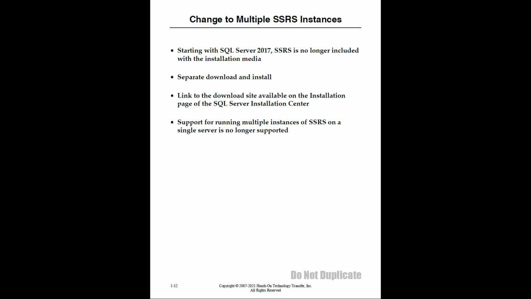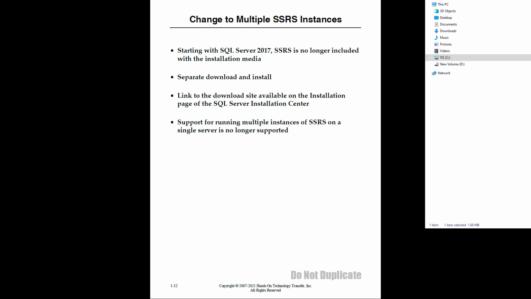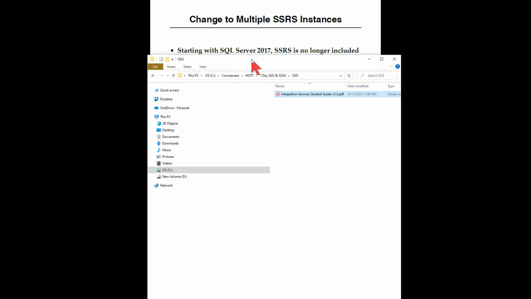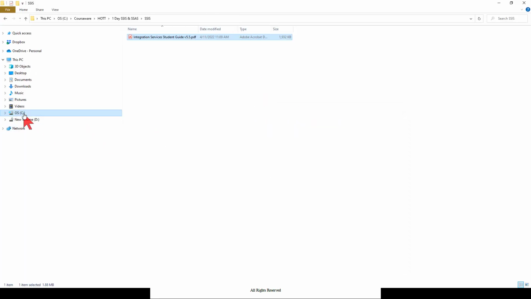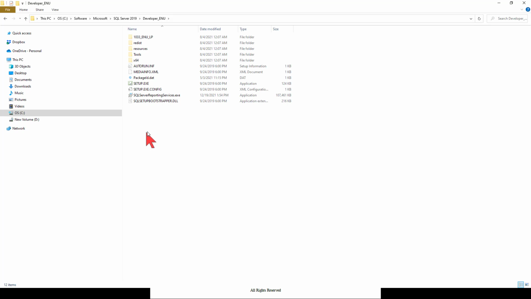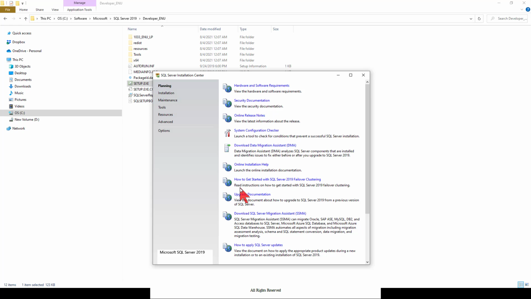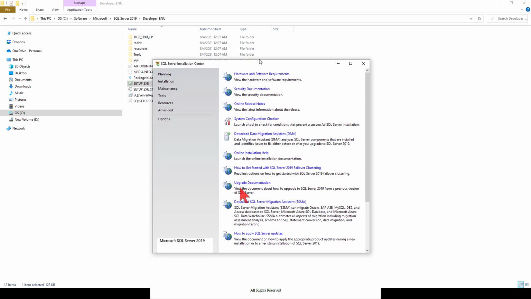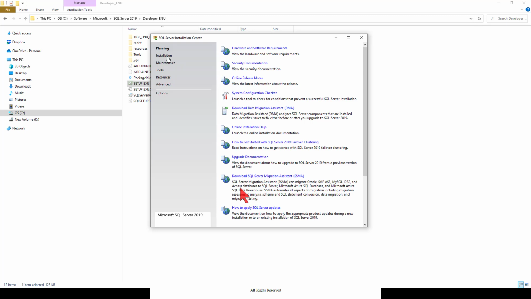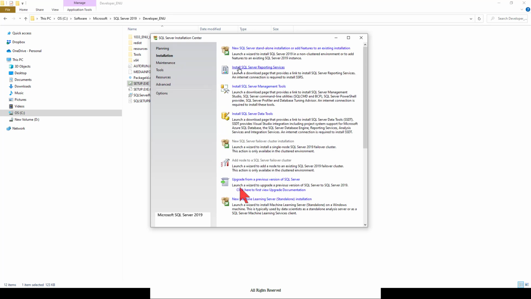I'm going to go to my file system, and I'm going to go look for the SQL Server 2019 installation software. And so this is the directory that I have for my SQL Server 2019 installation software. I'm going to double click on setup.exe, and after a few seconds we're going to see the SQL Server installation center pop up. And you can see that when we go to installation, you can see it says install SQL